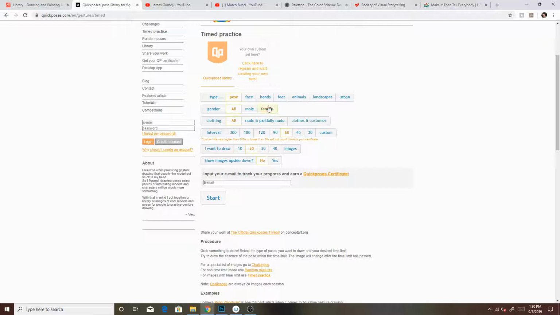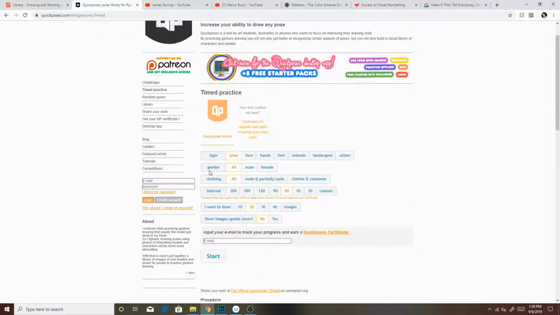However, it is a really good resource because you can set the time that you want to be sketching each figure. So if you're doing a warm-up, or if you want to practice just getting the gesture down, you can choose intervals of 30 seconds, 45 seconds, 180 seconds. You can set a custom time if you want, and you can set how many images you want to draw, and then you start the timer and it will bring up images every few seconds for you to draw and